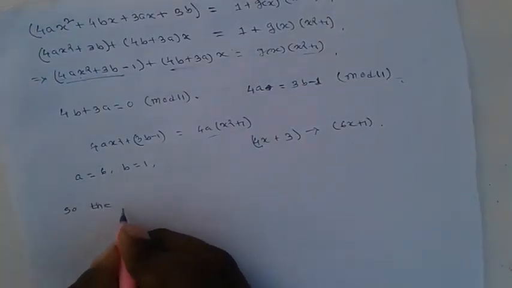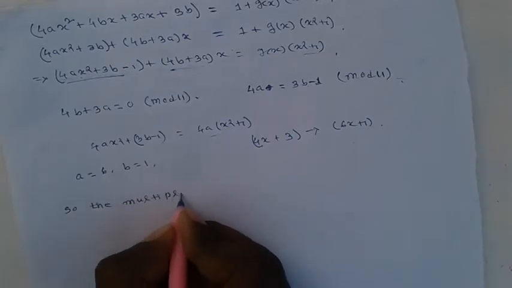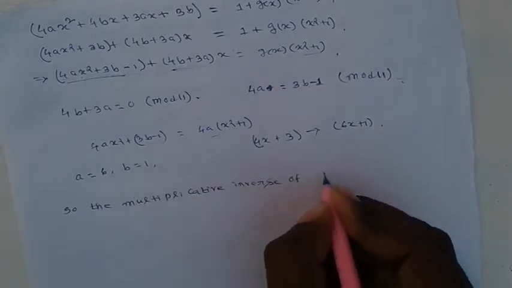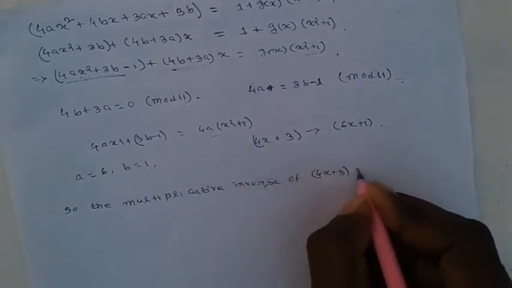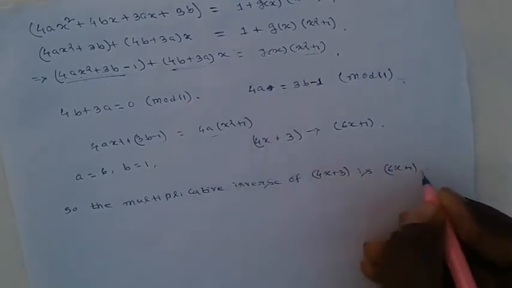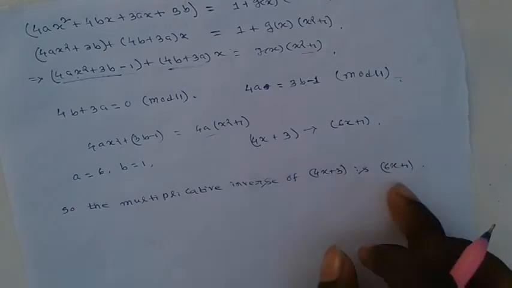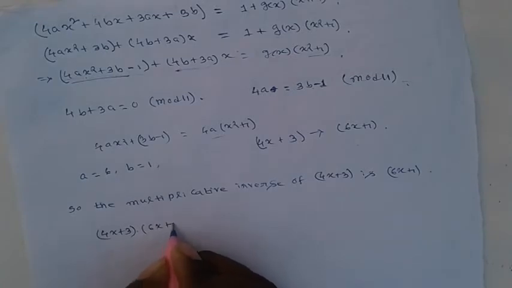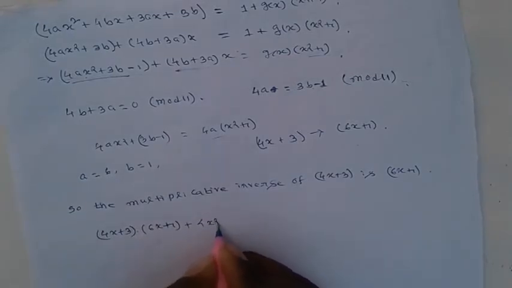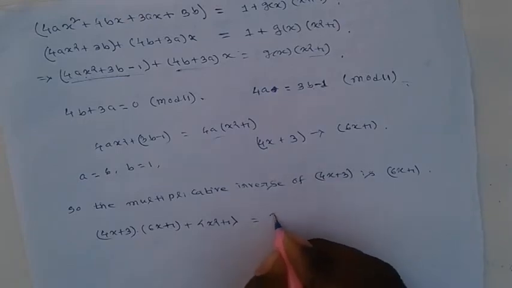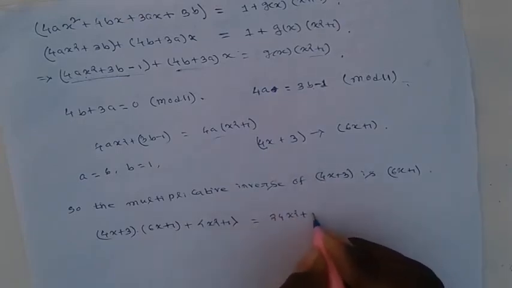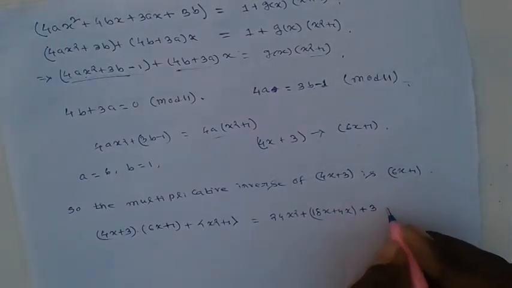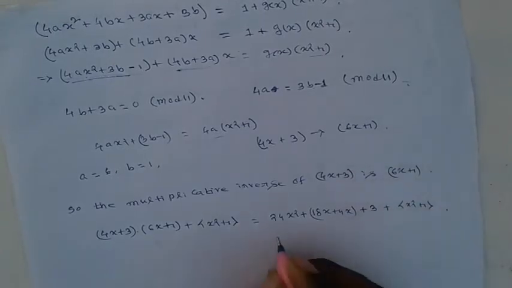So the multiplicative inverse of 4x plus 3 is 6x plus 1. And if you check it yourself, 4x plus 3 into 6x plus 1 is equal to 24x square plus 18x plus 4x plus 3 plus of x square plus 1, and this became